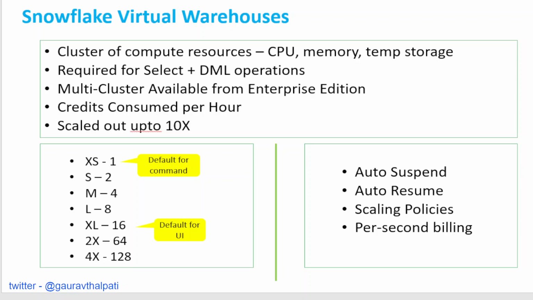Okay. A few more things that you can observe when you are actually creating a virtual warehouse. If you are within the UI, right, and if you go and click on create the warehouse, the default in UI is Excel. Okay, so always when you're creating, ensure that you are creating an extra small cluster. If you're running it for just R&D purpose or just for learning purpose, ensure that if you're creating a warehouse, do change that. Okay, because there is a lot of difference. Extra small consumes 1 credit per hour while Excel consumes 16 credits per hour.